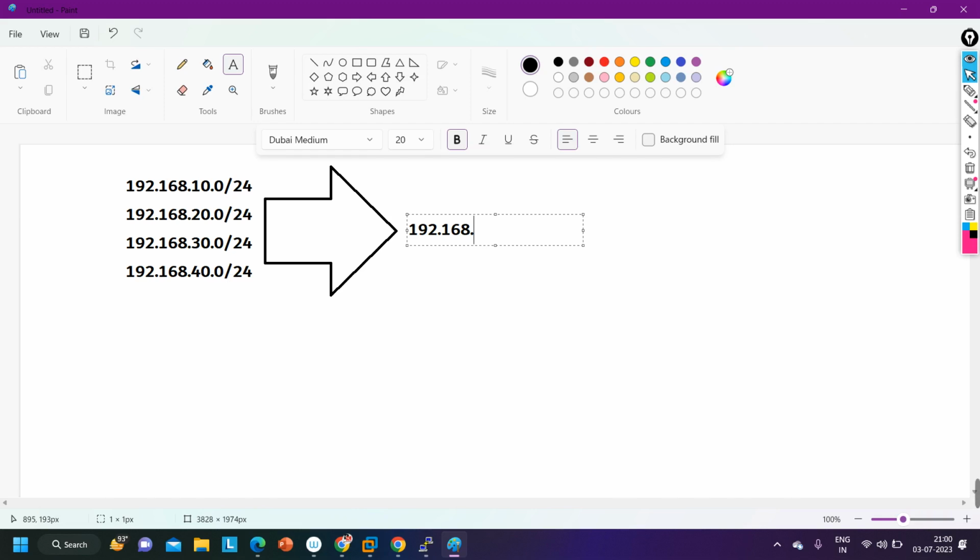Sir, I need to convert 10, 20, 30, 40 to binary and then check the common bits. Can you find the summary of 10, 20, 30 and 40? What will be the summary of these addresses?